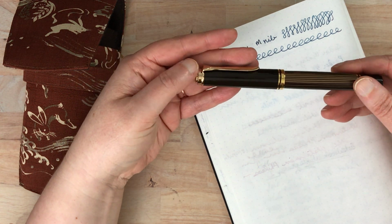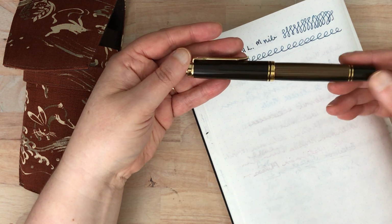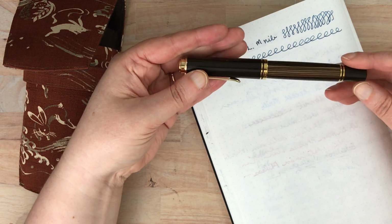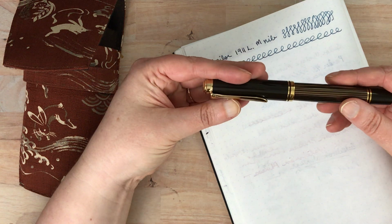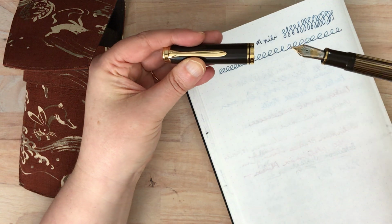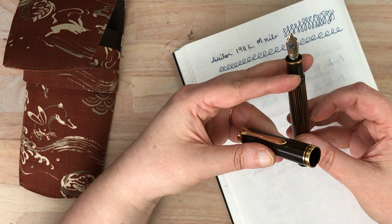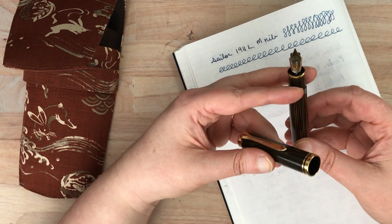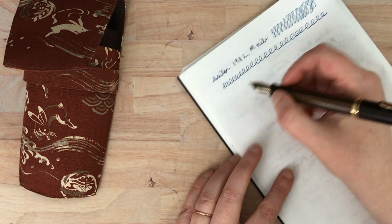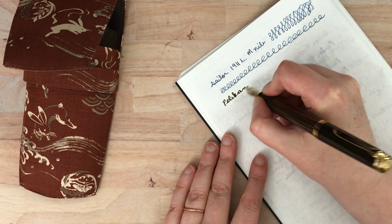And it is a Pelikan M800. And it was from Goulet Pens when they had a super great deal on these. But it was still expensive. But I do not regret it for a moment because it is just an amazing, amazing pen. So the only one that they had left at this really great price was the bold nib. And as luck would have it, I was actually considering a bold nib for my next Pelikan. So this is the Pelikan